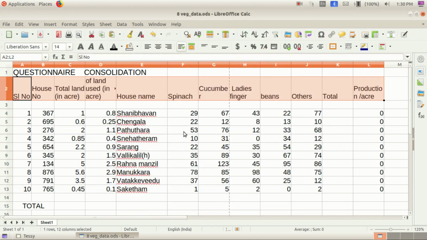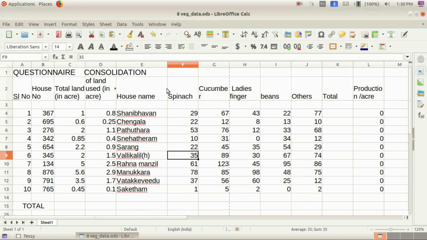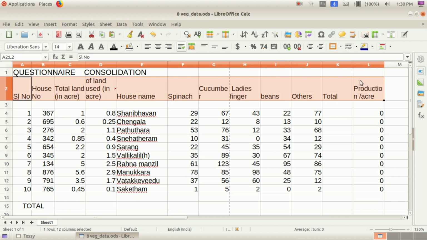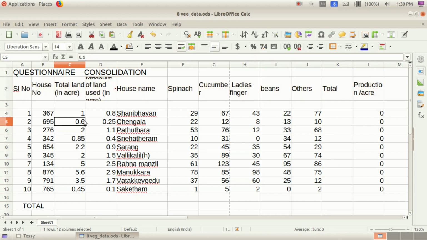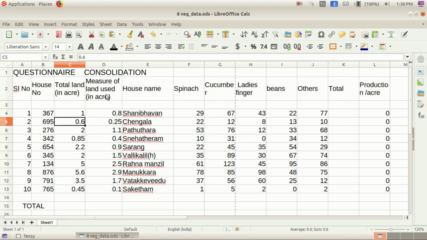Then now you can see that it is arranged in such a manner. Okay, that we can arrange once more. This is the center alignment, middle center alignment.